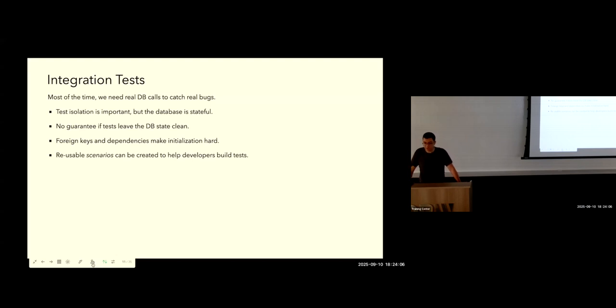And foreign keys and dependencies in data make initialization hard. Sometimes we use reusable scenarios to help developers build tests. For example, in our application, we might have an appointment fixture, and this appointment might be reused among tests to make sure developers are not dealing with the complexities of the data, but just focusing on the business logic. So yeah, as I said, unit tests don't catch bugs as often in our application stack. That was our